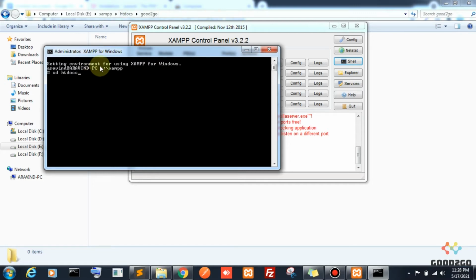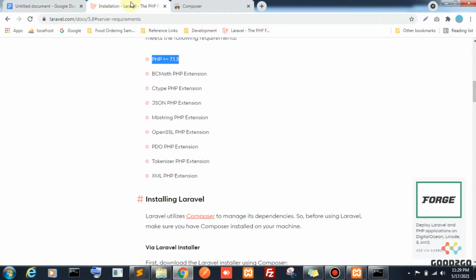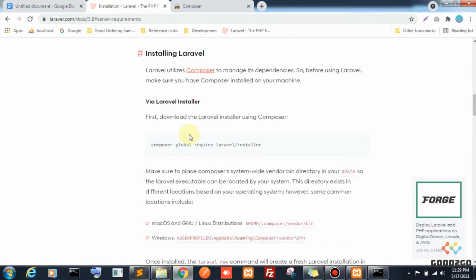We are in the E drive XAMPP folder. We need to install our package in the htdocs Good to Go folder. So I am moving to our Good to Go folder, and we are in the Good to Go folder. Now go to laravel.com and come to the installation section.